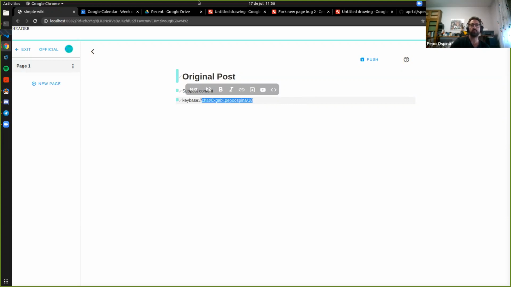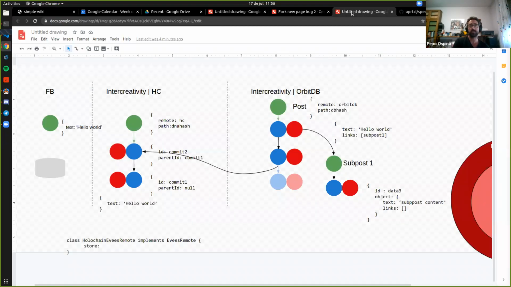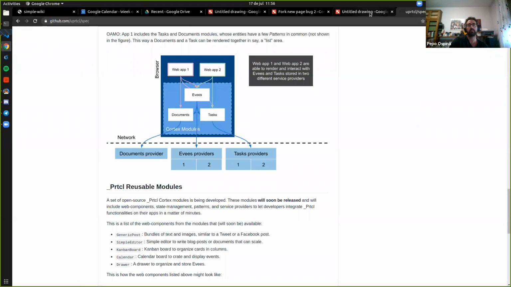And this is important because this is a big distinction between Netscape protocol and other stuff like Ceramic. This is another technology that came up recently from Freebox, where the access control is determined by the platform, not by the protocol. So usually the platform can say who can edit, who can read, and that kind of thing.